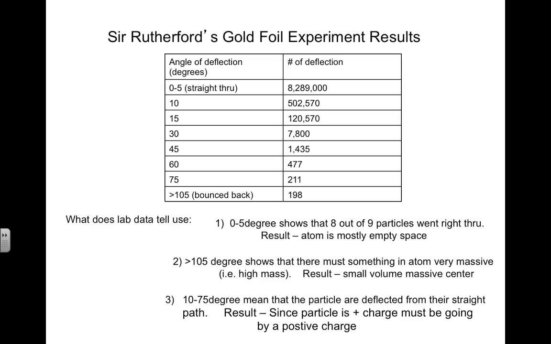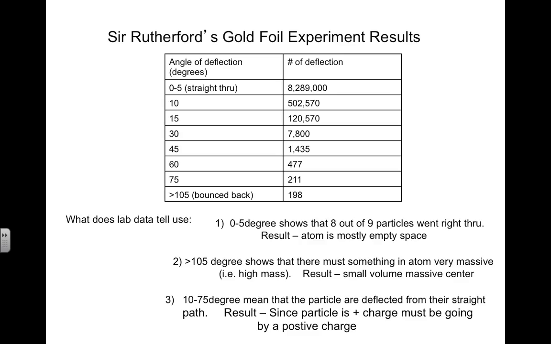Therefore, that substance, whatever it hit, is massive. And again, that caused his first result: 8 out of 9 times it went straight through, so that atom is not all empty space, and there is actually something in it that is a very small volume. And the deflection angles between 10 and 75 degrees were explained by the fact that the alpha particle is positive,